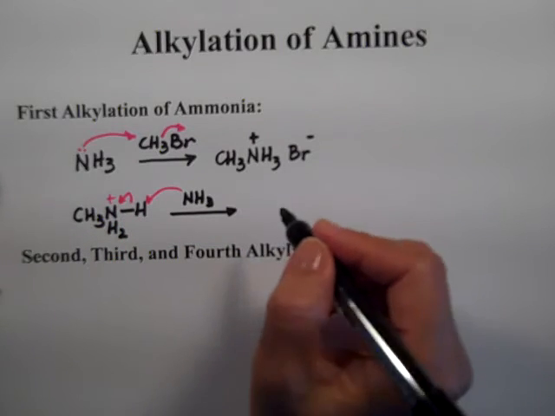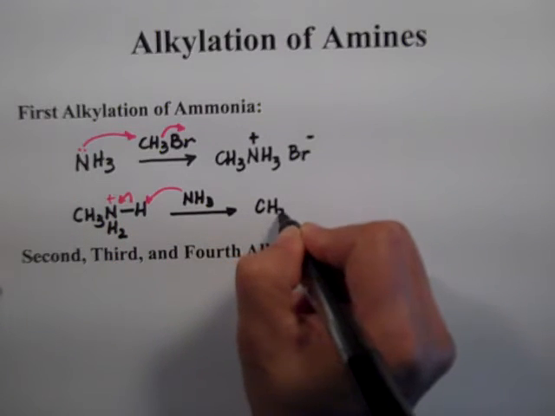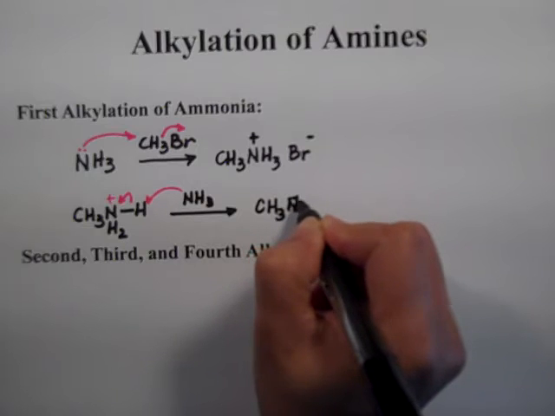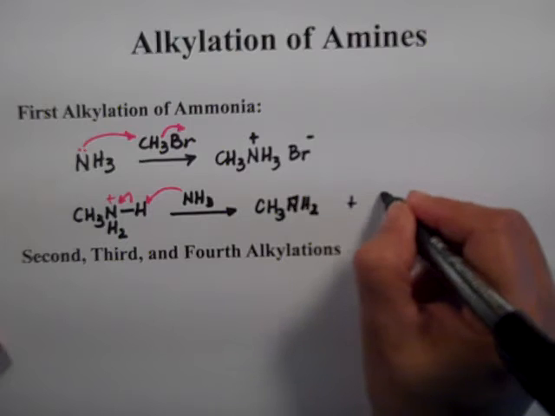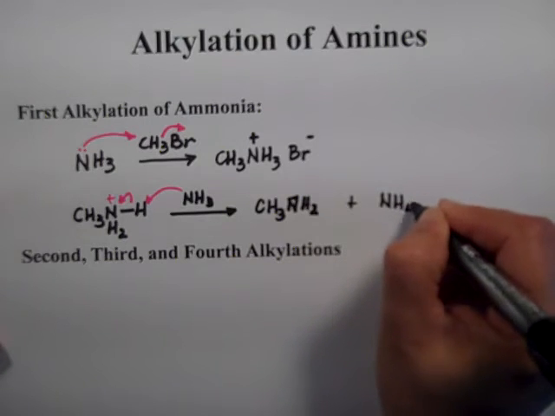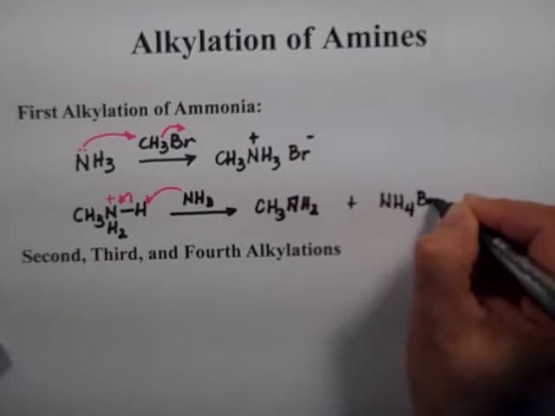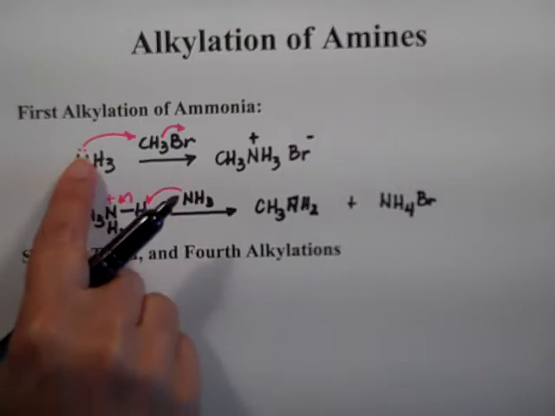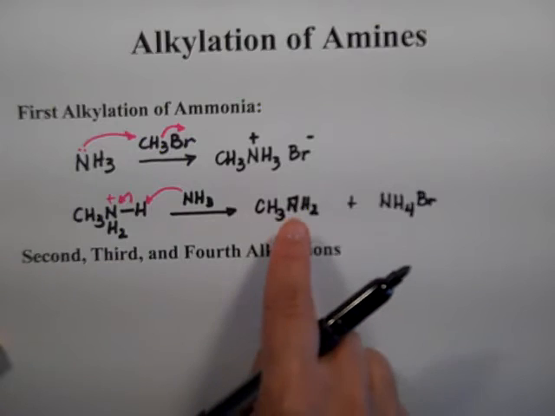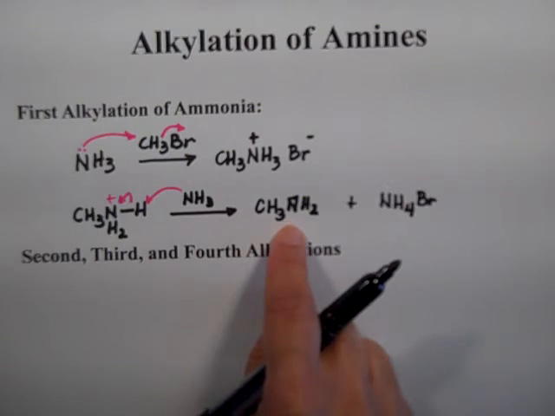So that's how you get the free base, methylamine. And you're also going to get, of course, an ammonium bromide molecule. But of course you're going to need an excess of ammonia to do this,